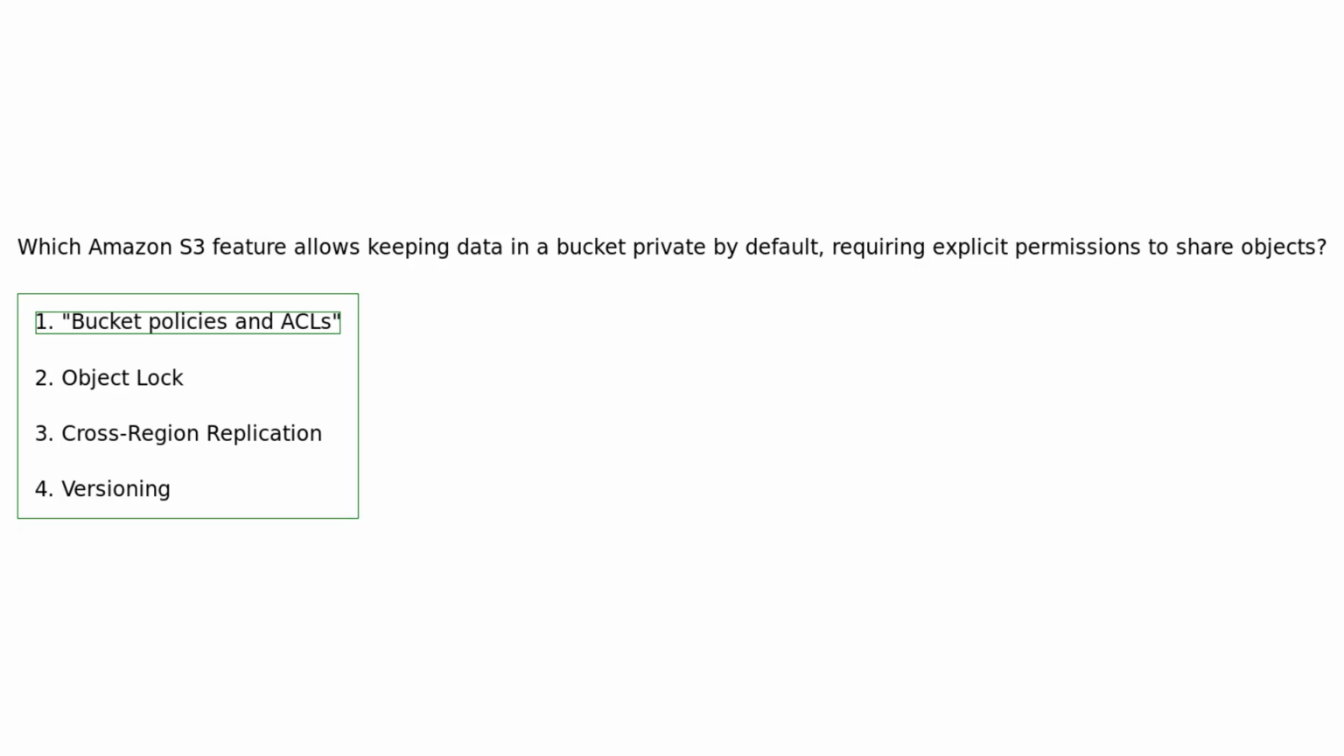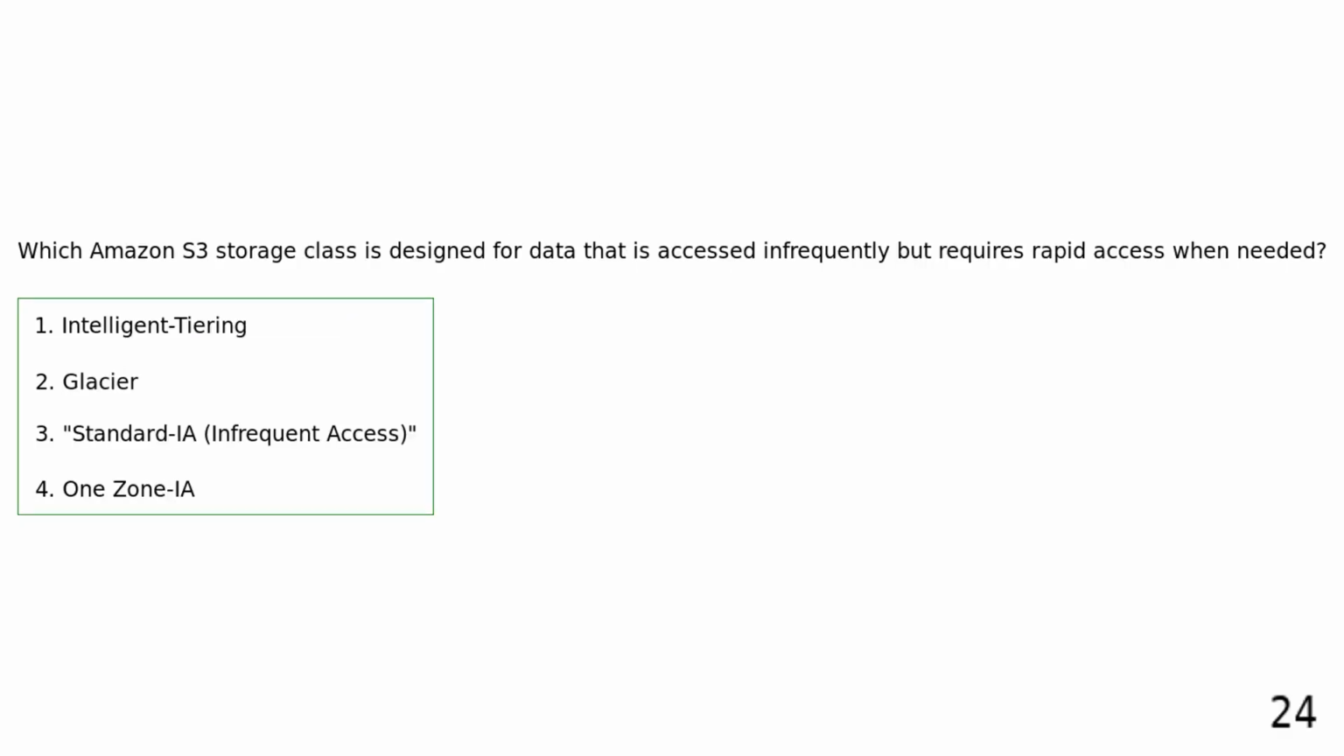access or modify objects. Which Amazon S3 storage class is designed for data that is accessed infrequently but requires rapid access when needed? Intelligent tiering. Glacier. Standard IA. One-zone IA. The standard IA storage class in Amazon S3 is cost-effective for data that is infrequently accessed but requires low-latency access